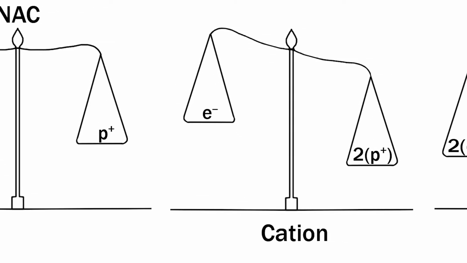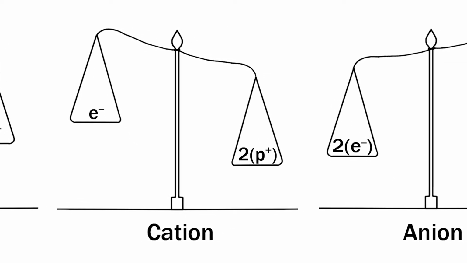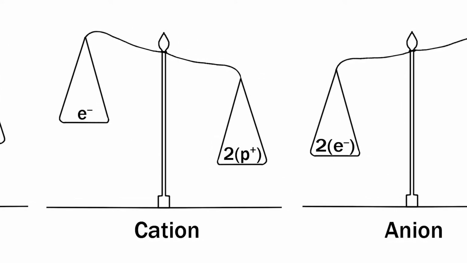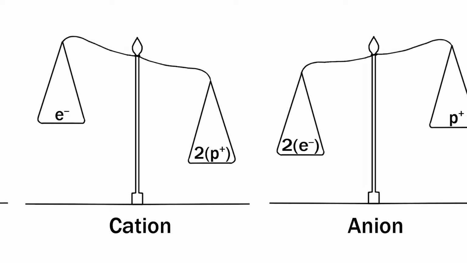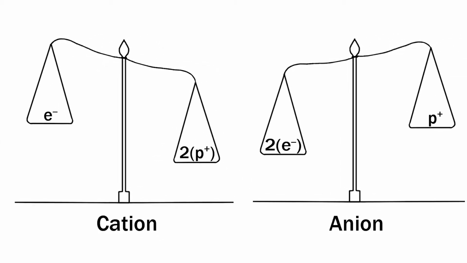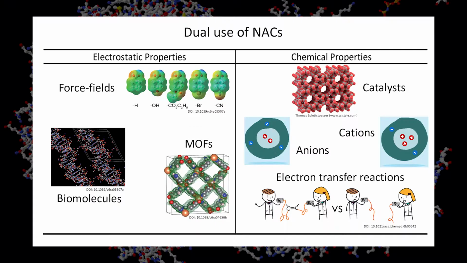Some of the key physical and chemical properties of materials are determined by the collection of all NACs in the system. The study of chemistry would be impossible without the understanding of such properties. The NACs show which atoms in the material are anions and cations, as well as quantify the charge transfer between atoms in materials. NACs can be used to understand the electrostatic and chemical properties of atoms in materials.